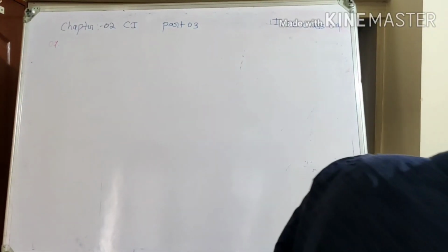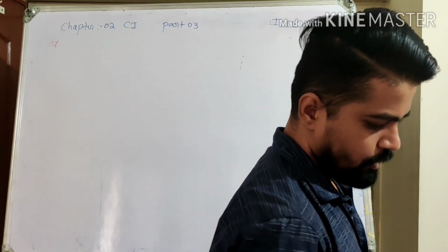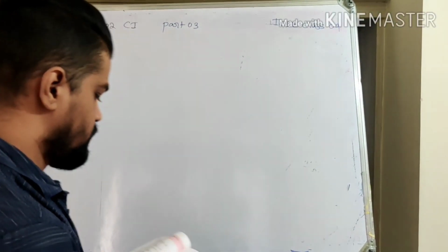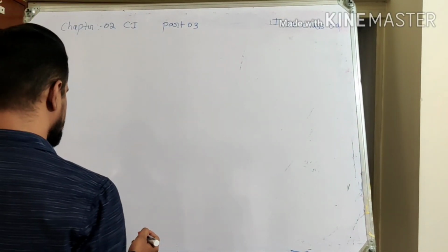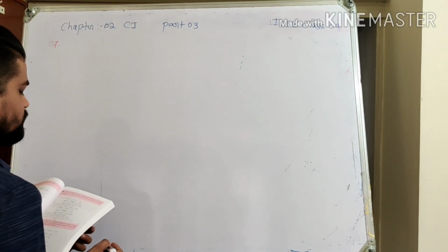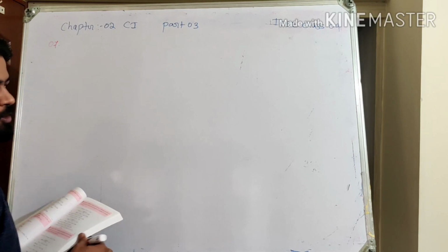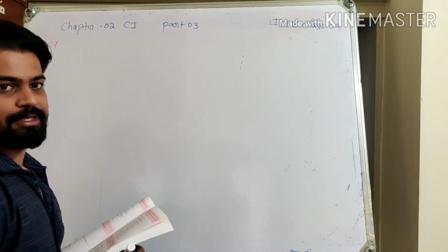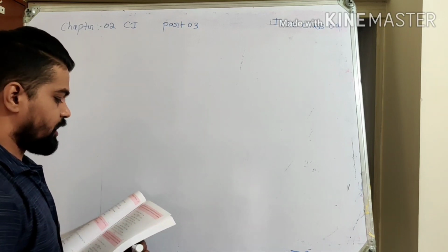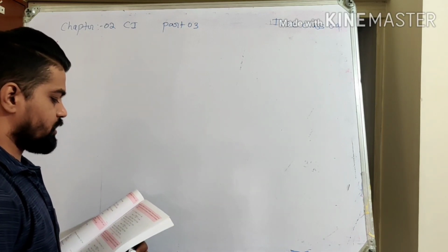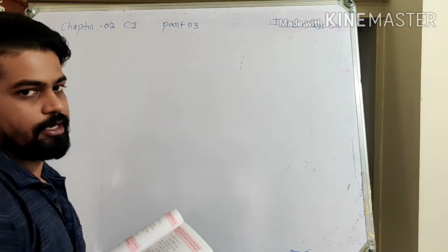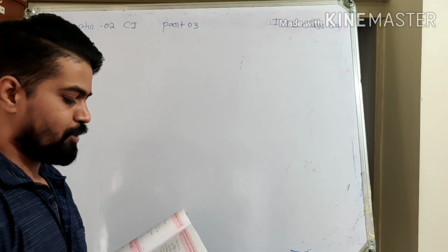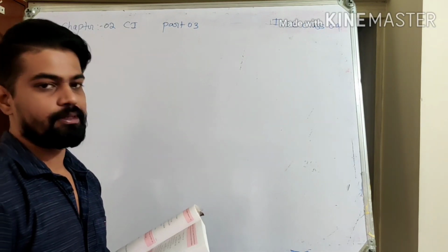7th question says Ranbir borrows 20,000 at 12% compound interest, but he repays 8,400 at the end of the first year. So even the principal increases, he is paying some amount of principal, so that will reduce the principal. And 9,680 at the end of the second year. Second year also he is paying something, so principal again reduces. So find the amount of loan outstanding at the beginning of the third year.